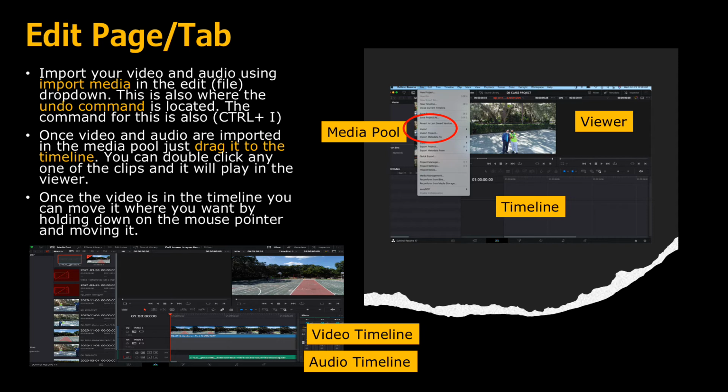So in this Edit page, in the picture I have at the bottom, you see that I've dragged a video down. I have a video in the viewer, and I also have some audio in the timeline at the bottom. In my media viewer, I've just got a different way to look at it on the side there, and I've got all my videos to the side in the media pool. My viewer's playing and my videos are there. This makes it really, really easy for you to